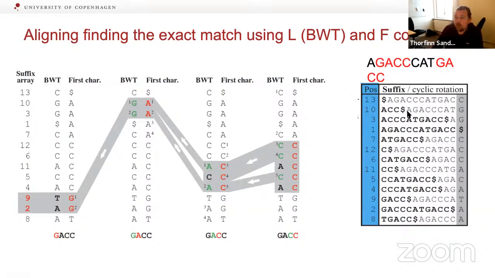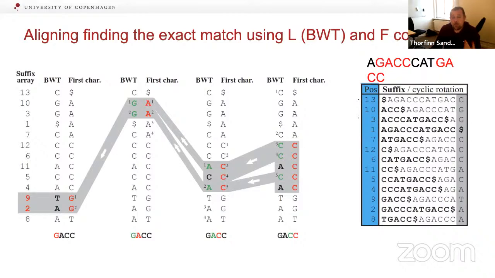Good. So here it occurs in this position and in this position, and maybe let's see if there's a box coming up here. No. So that's GACC, 2 and 9. This is what we see here and here. So in practice, and to my knowledge, all implementations of reference mapping are based on this approach with the Burrows-Wheeler transform. This is how it works conceptually. There are of course many small tricks applied to make it even faster, but these are implementation details. Okay, so this is how they do exact matching.